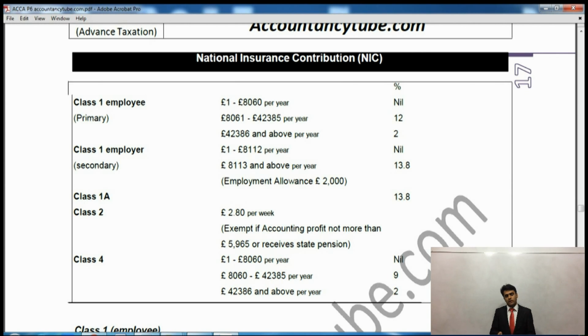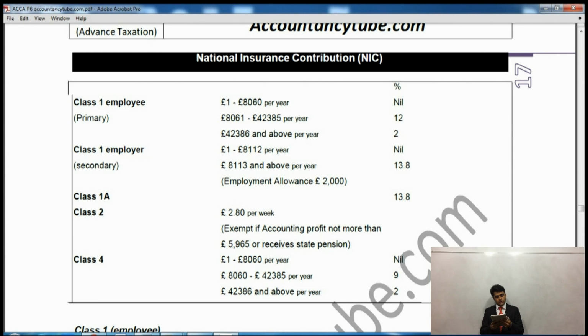There is other NI as well, which is paid by businesses. So for example, if a business is working, they will have to pay on their own profits. Assuming AccountancyTube is a profit-making organization, which it isn't, then whatever profits they make, they will have to pay tax on that. All right. So there are different types of NIs. We'll see in detail now. First of all, in the table,